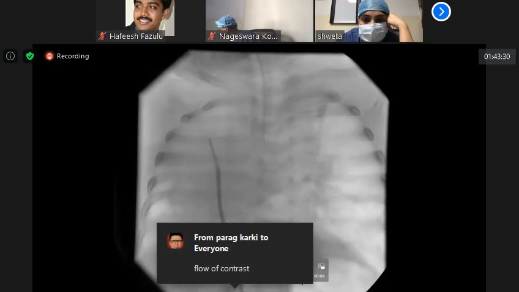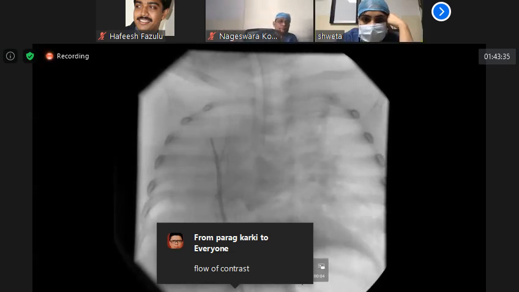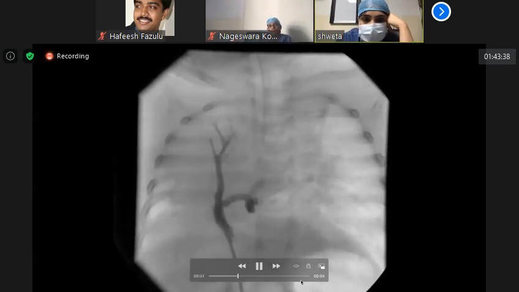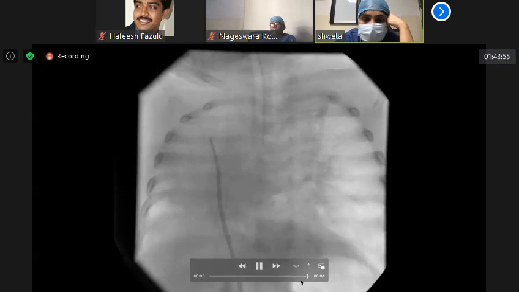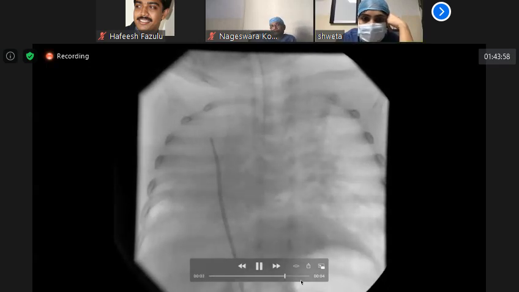Can you see that there is a capillary phase which is happening? That capillary phase is the pulmonary venous capillary phase. Then the blood is coming; there is a washout which is happening into the inferior vena cava. So the drainage is happening in this direction. Suppose it was a pulmonary artery, the blood would have flowed forward, right? Then in the levo phase, you will see the pulmonary venous phase. The pulmonary venous capillary phase is seen here.